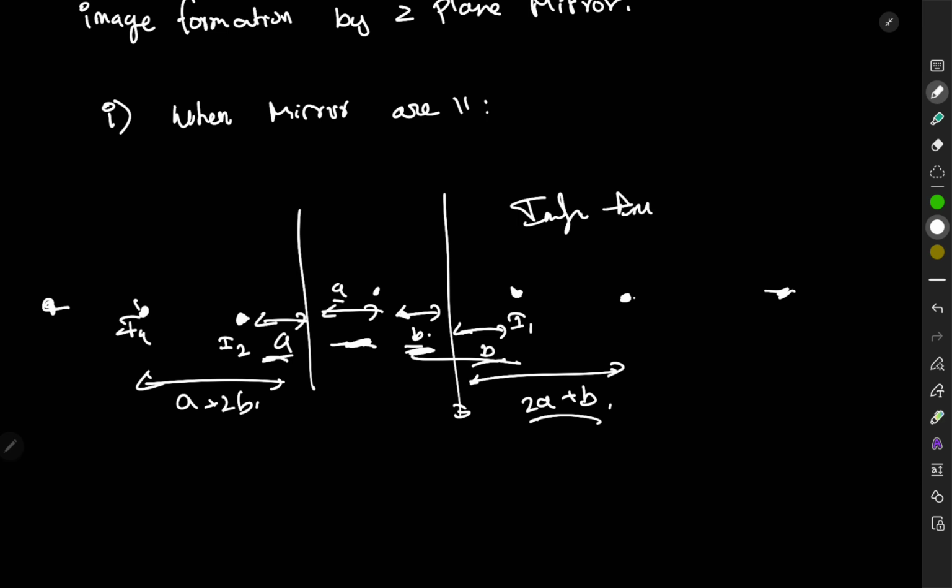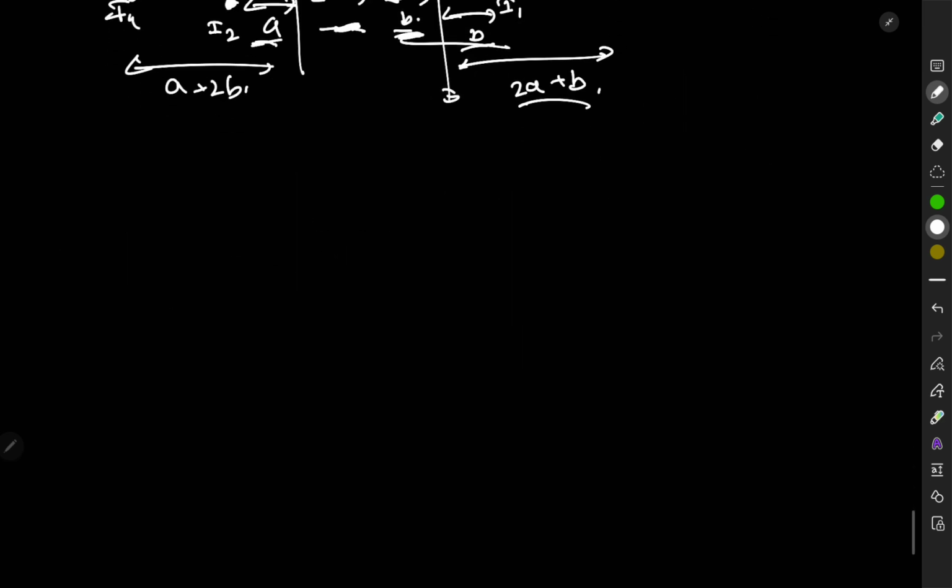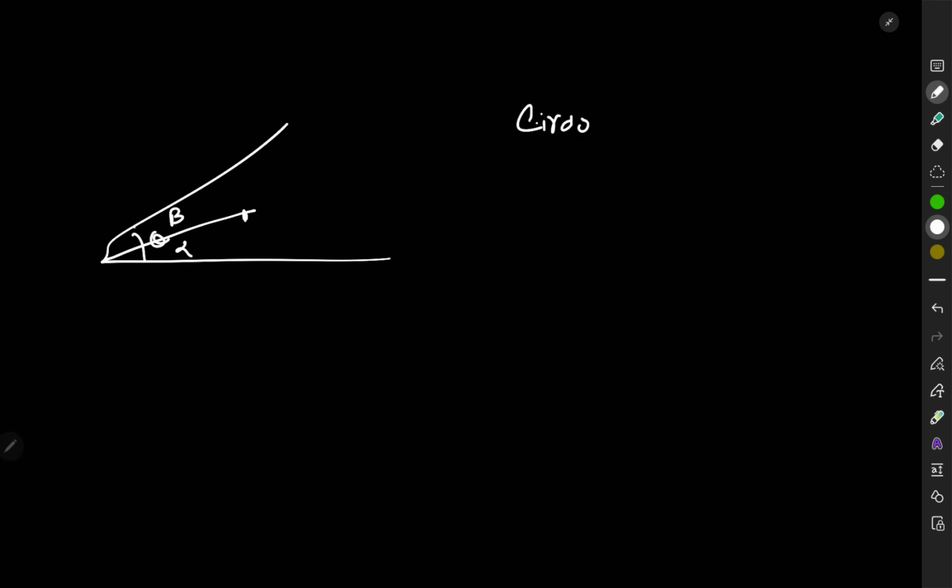Fine. Moving further. Let's take the two mirror case at an angle theta. In this case, it's not parallel, it's not 90 degrees, it's angle theta. So how will you find it? Basically, if an object is placed here, and let's say alpha and beta are the angles between them. So there is a method called the crisscross method. This is mirror 1, mirror 2, and the angle between mirror 1 and the object is alpha. The angle between